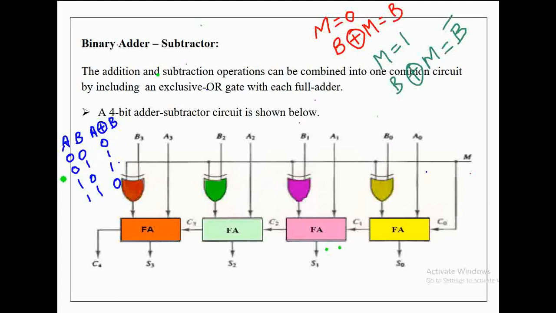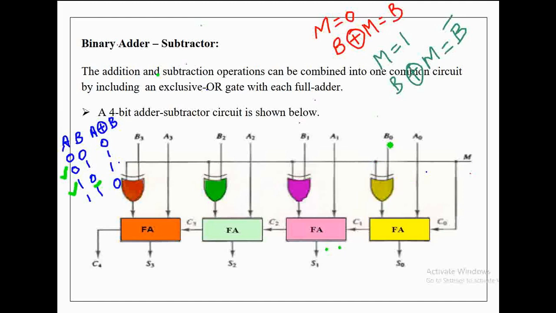That is, if we take this value 0 and 1, since one of the bit values is 0, the output of this XOR operation is equivalent to the value of another bit, that is 1. So now this XOR result is 1, which is equivalent to the value of bit value B. So even if we take this 1 and 0, since one of the bit values is 0, the result of this XOR operation is equivalent to the another bit 1. So similarly, whenever one of the inputs to XOR gate is 0, the output of the XOR gate is equivalent to the value of another bit.